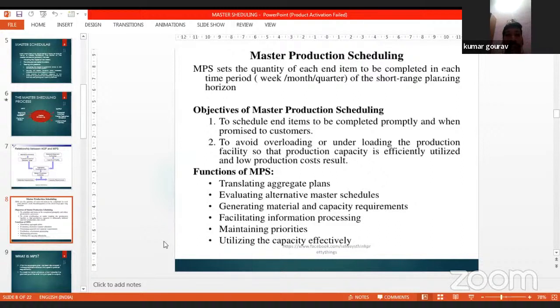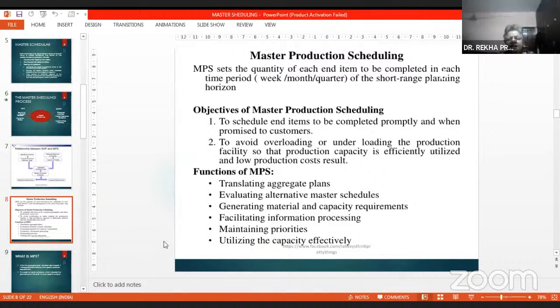Secondly, to avoid overloading or underloading the production facility so that production capacity is efficiently utilized and low production costs result. Functions of MPS. Translating aggregate plans, evaluating alternative master schedules, generating material and capacity requirements, facilitating information processing, maintaining priorities, utilizing the capacity effectively.